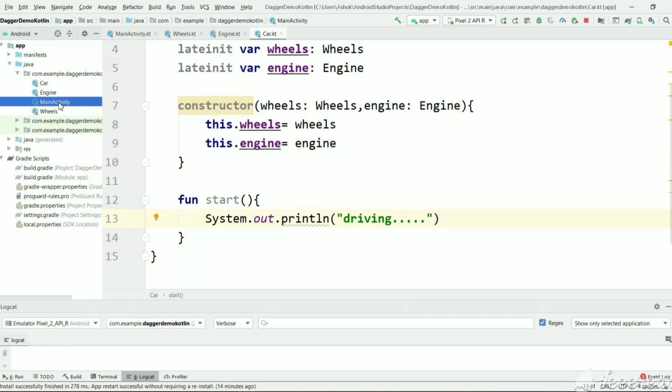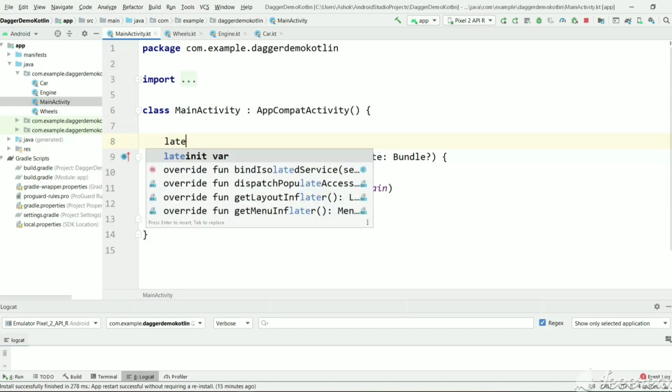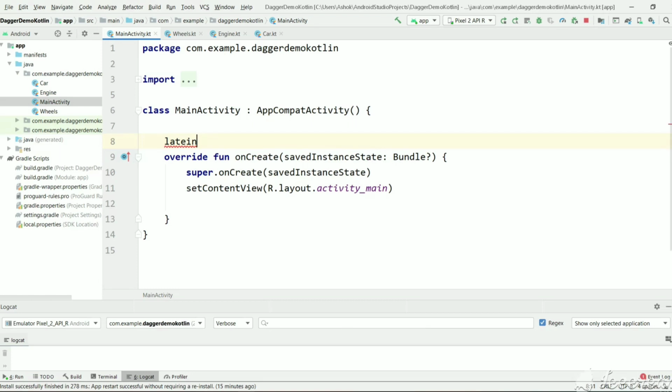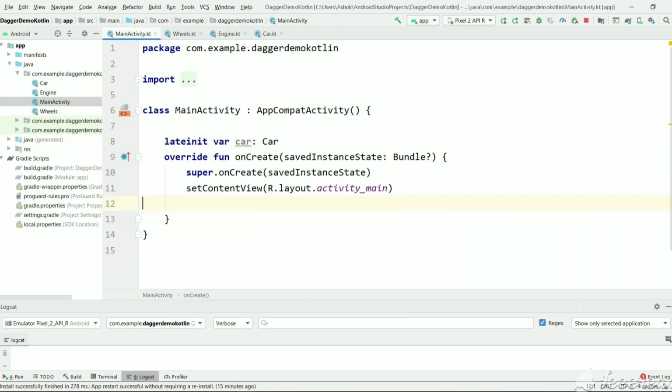Let's go to MainActivity, and here we want to create a car instance. So without using Dagger, how will we create a car? First, in order to create a car instance, we need to create the dependent objects, which are engine and wheels. Let's create them first.